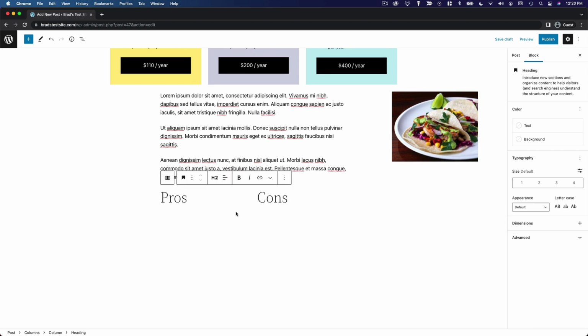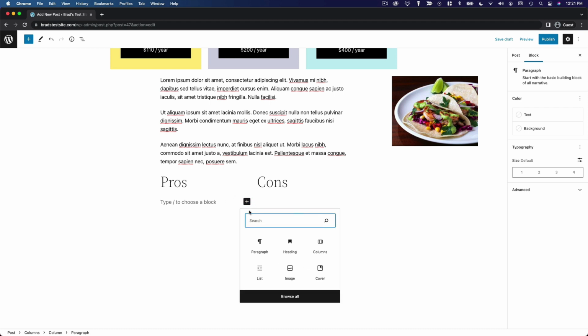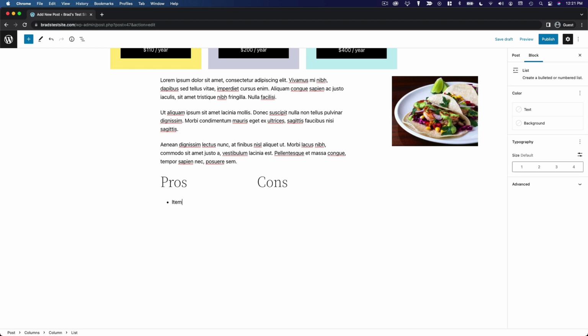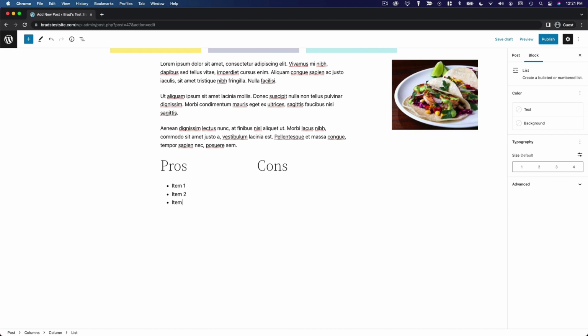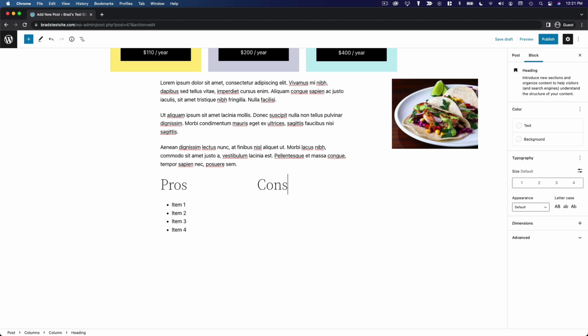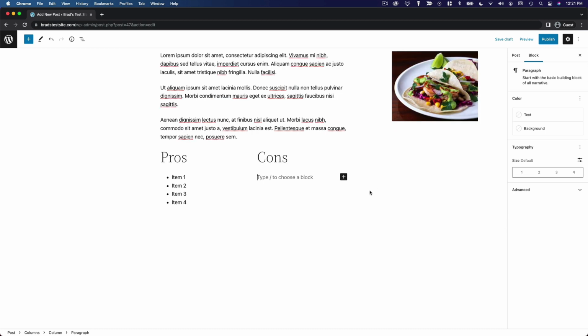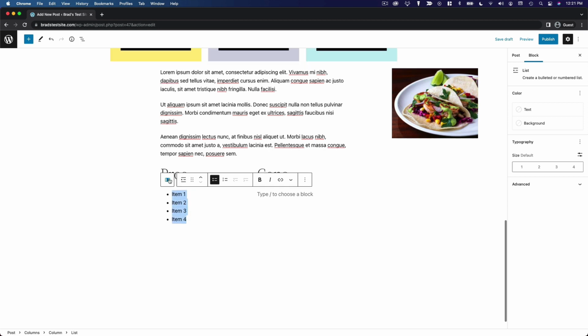Now from here, we can hit return and it'll create a paragraph block right there within your column. Now let's say we want to make a list of pros and cons, right? So we'll click the button to create a new block. We'll select list, and then we'll just add some list items here. Same thing on this side, return, and let's say we want to copy and paste these items right over to